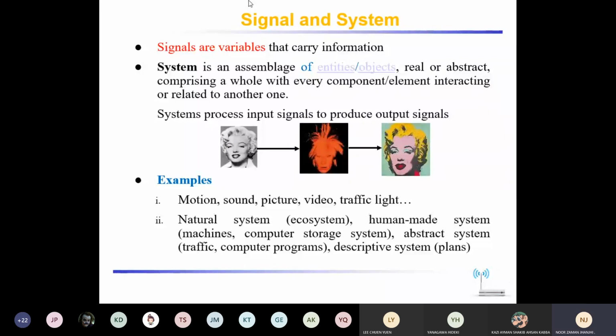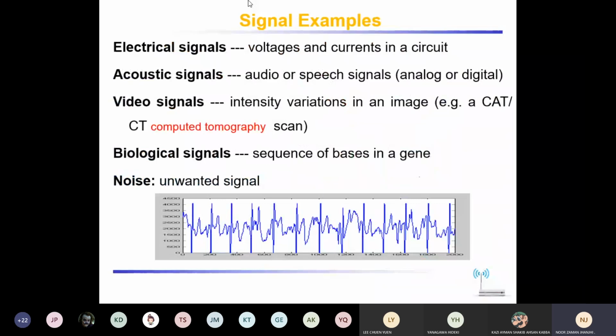Now you can see from this picture how this information is going to be processed. The system processes input signals to produce the output. So the one from left to right is producing some sort of audio, it carries, and it is processed in our mind, and then we reach the output. So that's what we mean: signals can be anything, they are variable, and then they come to the system, the system can process the input, and finally it reaches the output. So this is known as the signal and the system.